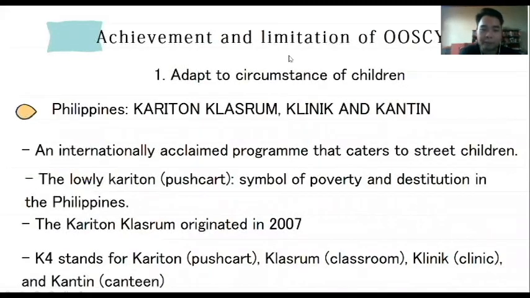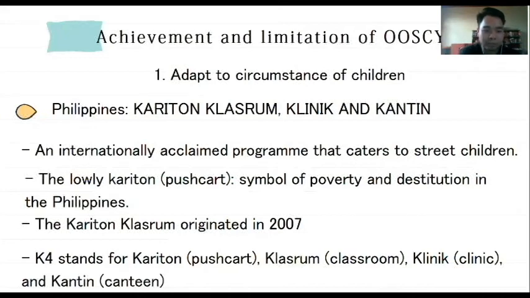Yeah, so we have four programs: Kariton Classroom, Clinic, and Canteen, which is projected in the Philippines. Kariton Classroom, also known as Pushcart Classroom, which started in the Philippines and has been replicated in Indonesia and Kenya, is an internationally acclaimed program that caters to street children. The program was further recognized in 2013 when UNESCO chose it as one of the promising initiatives in the Asia Pacific region that have helped